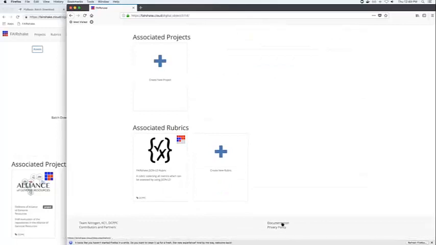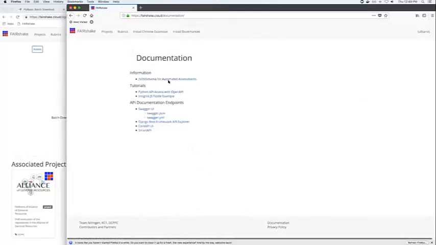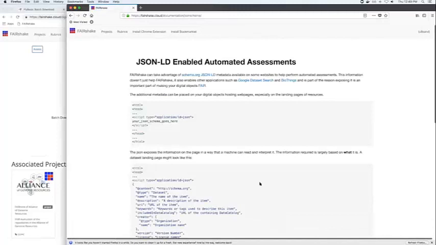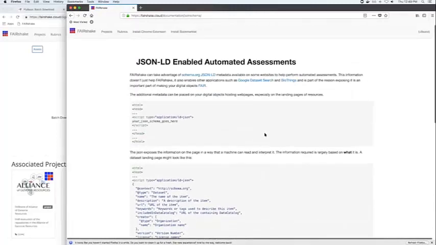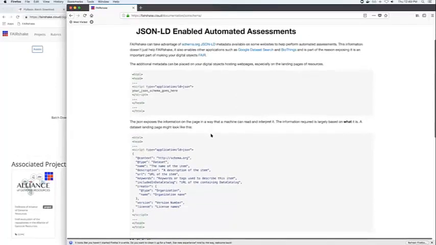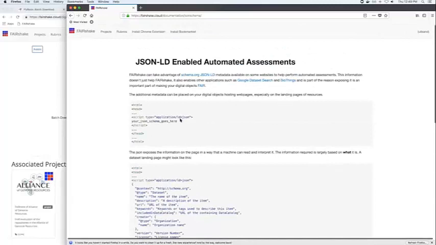In order to enable this on your website, we've actually created a documentation which describes both how JSON-LD works and how to get it working on your site. JSON-LD not only powers FAIRshake, but it's actually being used in other applications such as the new beta Google Dataset Search and BioThings.